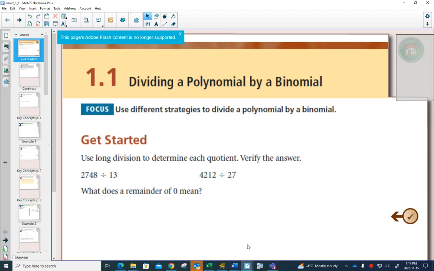Perfect. And we start off with a review of long division, or a learning of long division if you never learned it in elementary school or middle school. And since some of you have never learned it, it looks something like this. Okay? We're going to divide 2,748 divided by 13 without our calculator. The way that we do that with long division is